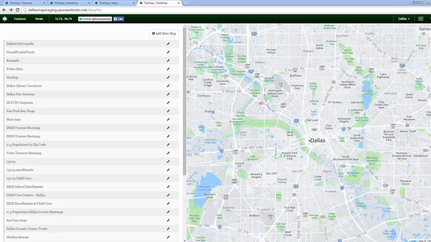So I've created this data mapping part of my site that I've told you about a few times, and I just wanted to show it to you and see what we can do with it, what I can do with it, how we can make it better, how useful it might be, that type of thing. So it would basically be a repository of data maps for the community, whether it's where the fire stations are,